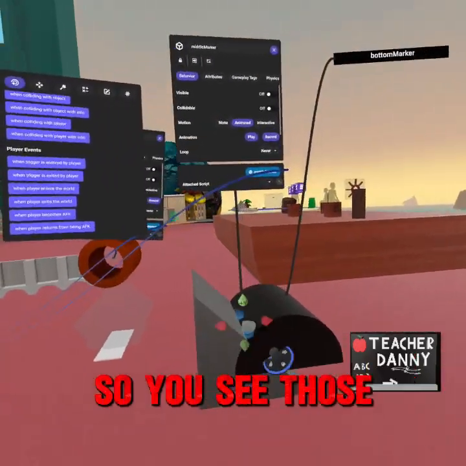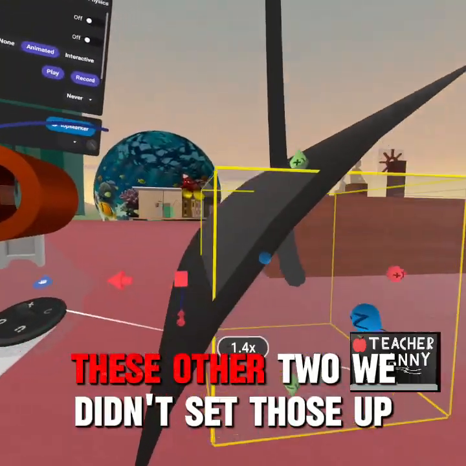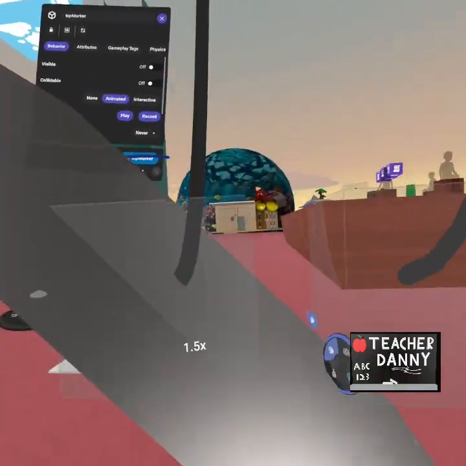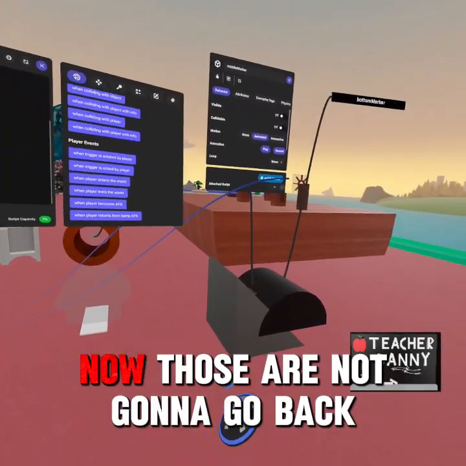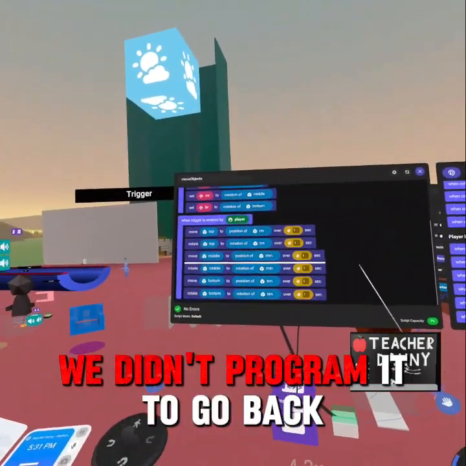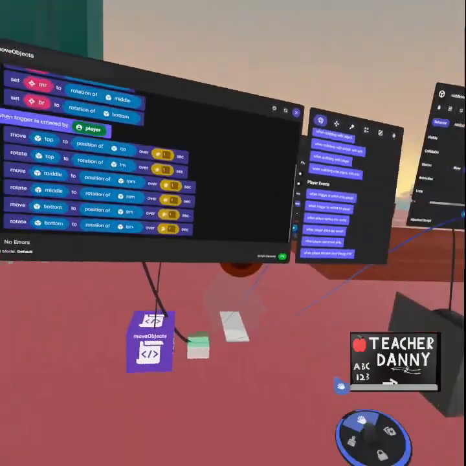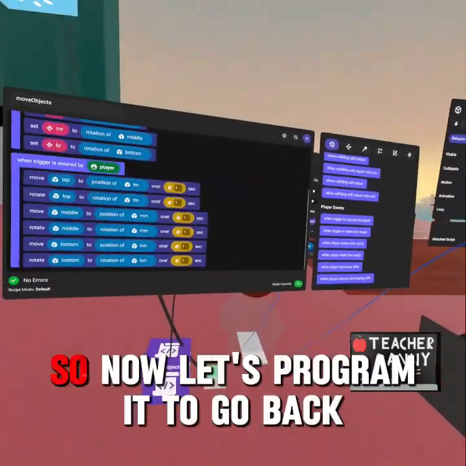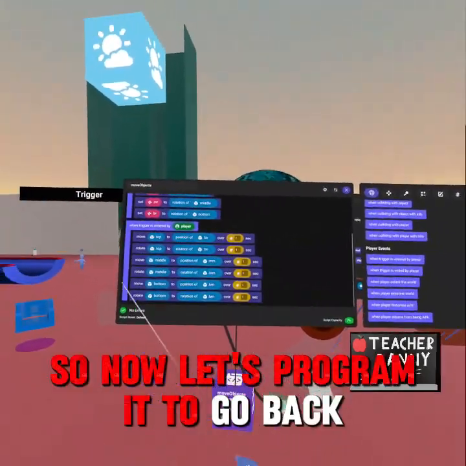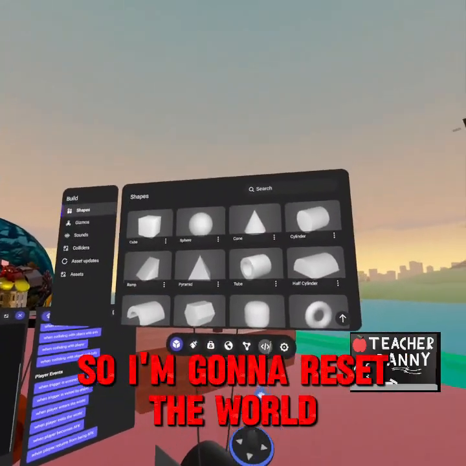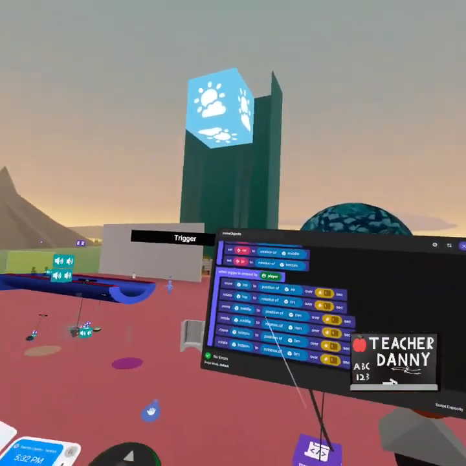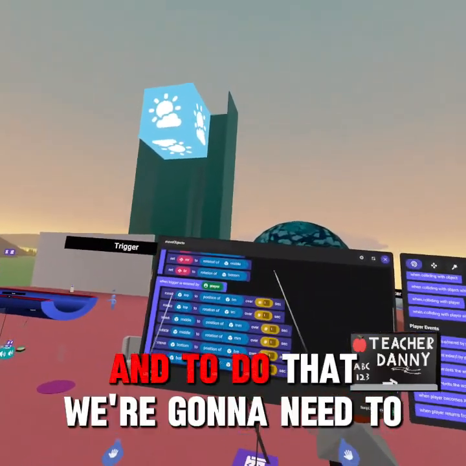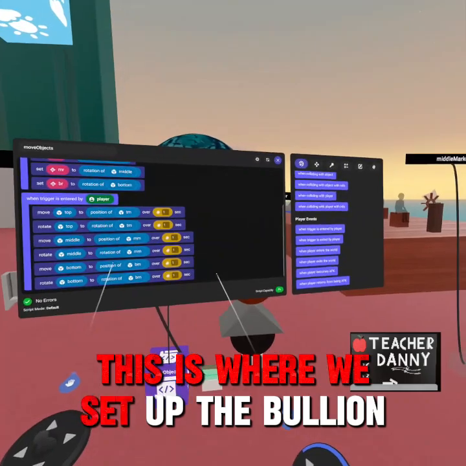So you see those, because remember the markers were over here. These other 2, we didn't set those up yet. We only copied the head marker. So the head marker stayed where it was. Now, those are not going to go back. We didn't program it to go back. So now, let's program it to go back. So here, I'm going to reset the world. And to do that, this is where we set up the Boolean,